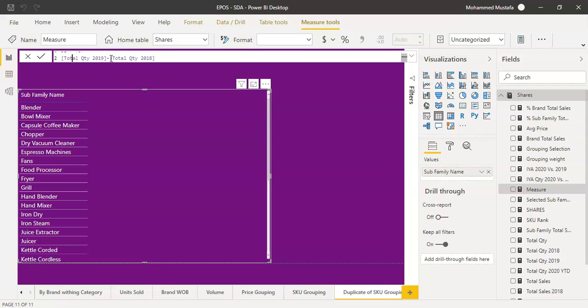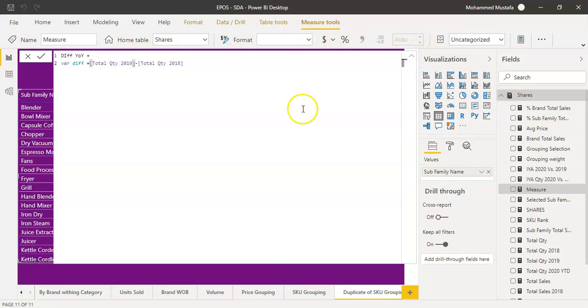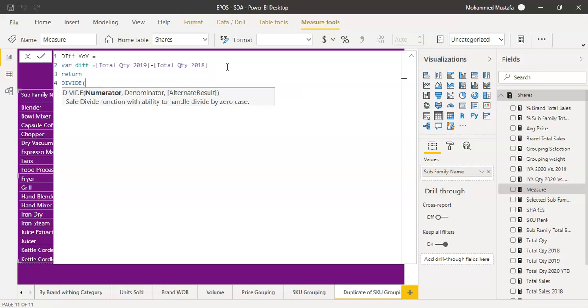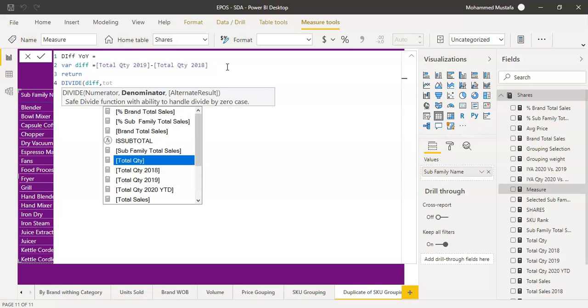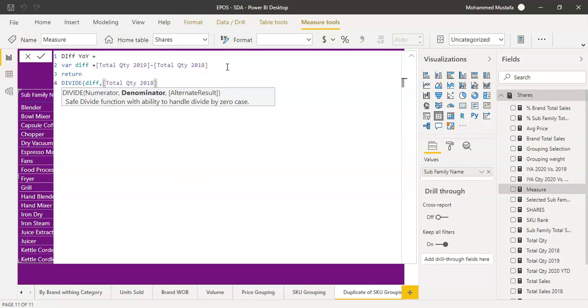And let's do one thing, let's declare a variable here, and we can call this, let me just open up the screen here. So that's a variable that's giving us the difference, and then we will like to return this into the formula, and we will use a divide function here. So we will take the difference, and we will take 2018. So the difference basically over 2018, and press enter,